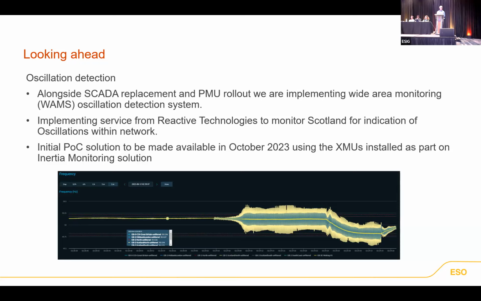But when you see something like you've got on the screen right now, that is out of the ordinary, and there's an issue that we needed to solve, it really helps to pinpoint with the very accurate timing where it started, who was the cause of the oscillation, and then you can focus in on your actions to fix it.